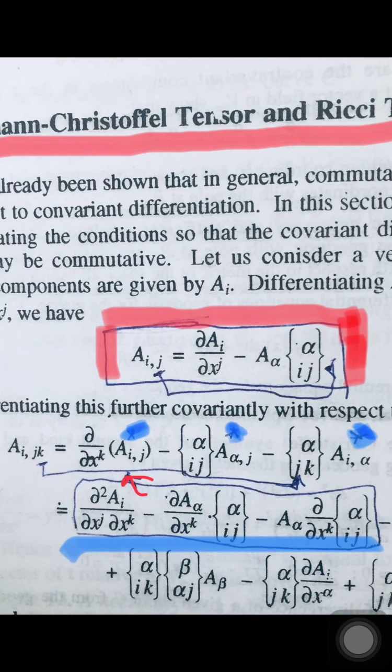may be substituted here from equation 1, because in equation 1 we have A i comma j given. Okay, so in the first term we substitute as it is, in the second term A alpha comma j, so we substitute i in place of alpha. In the third term A i comma alpha, so we substitute i is i and j is alpha. So substituting these three, A i comma j, A alpha comma j, A i comma alpha from